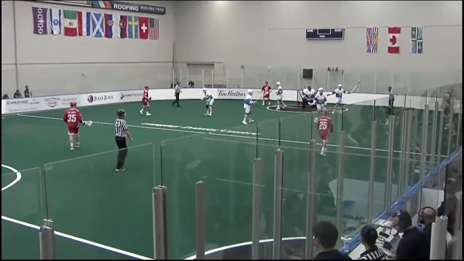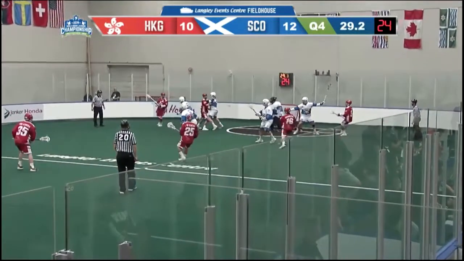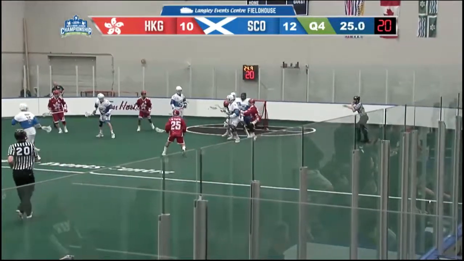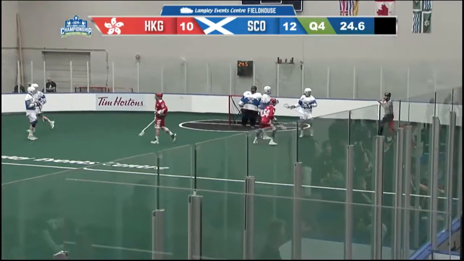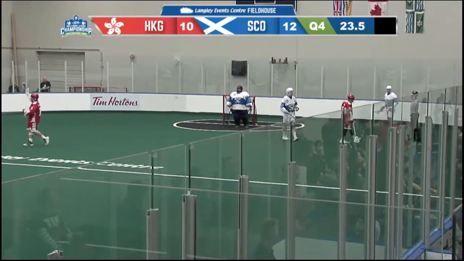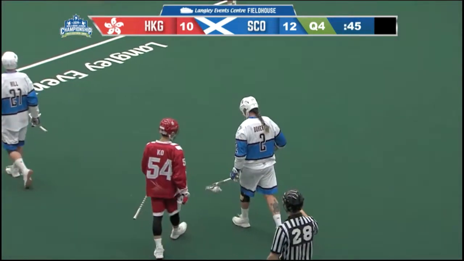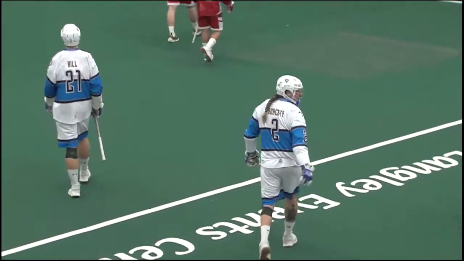And Hong Kong is in, 6-on-5. Houghton into the right corner for Coe. Just one man in front so far as West Pratt from the left side gets it center of the floor there, and a shot let go by Chang. Didn't make it through though. Scotland with possession, and now whistles everywhere, as Scotland calls a timeout with 23.5 on the clock and leading 12-10.